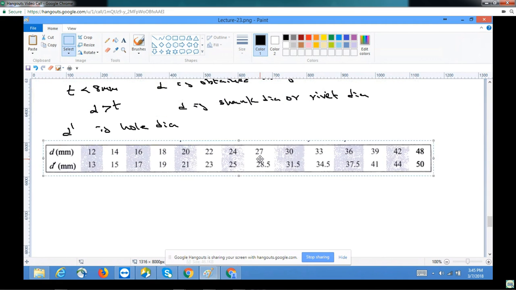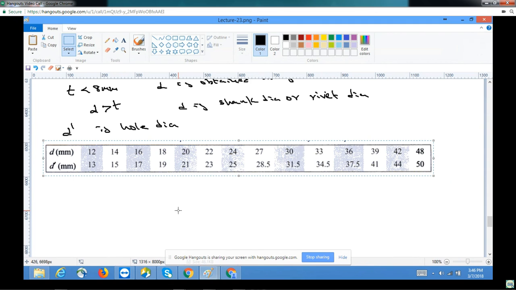So you need to give a little bit of clearance for those things. The clearance is given in this manner. So if it is 12, you give 13, and if it is, let's say, 36, you give 37.5, and so on, like this. These are all Indian Boiler Regulations. And further,